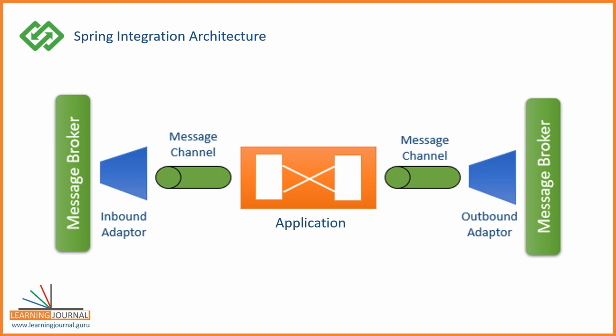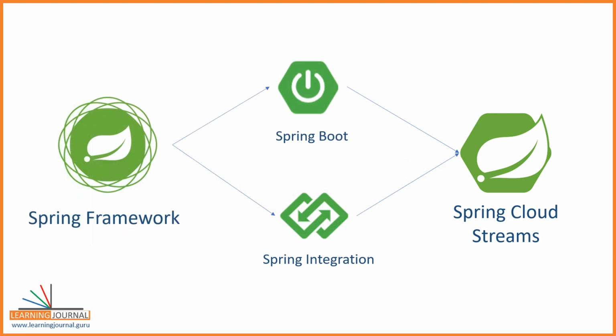In this pattern, one application publishes a message to a common message channel. Other applications can read the message from the channel at a later time. In all this, the applications must agree on a shared channel and the format of the message, and the communication remains asynchronous. Spring realized that this framework could be extended and simplified further to support the modern demand for event-driven streaming architecture. As a result, Spring came up with a new framework, Spring Cloud Streams.